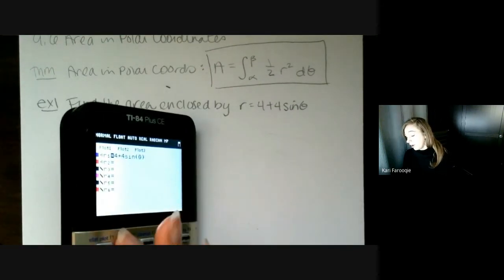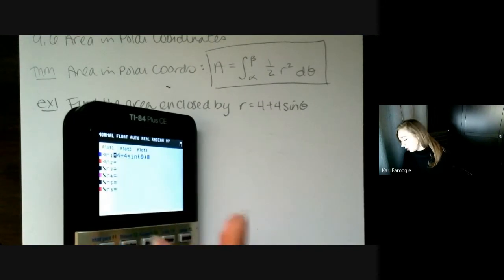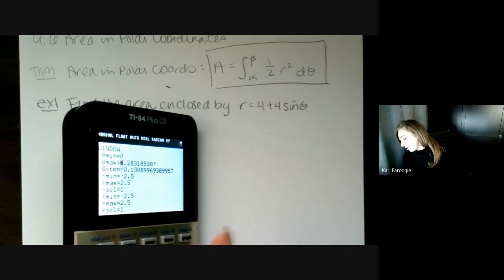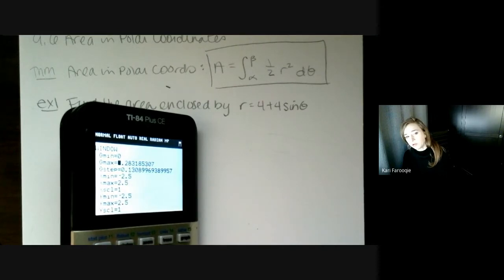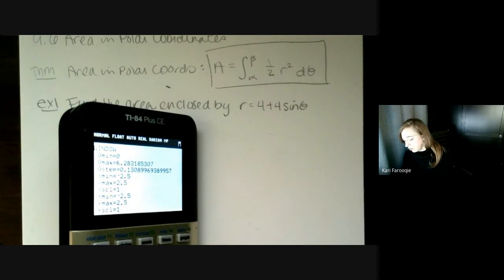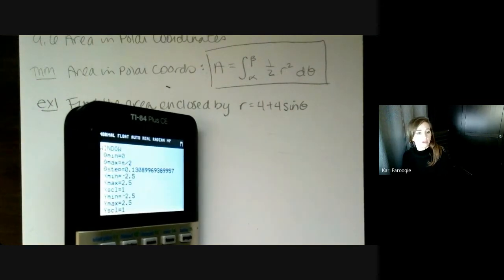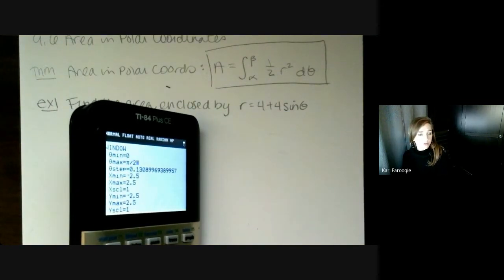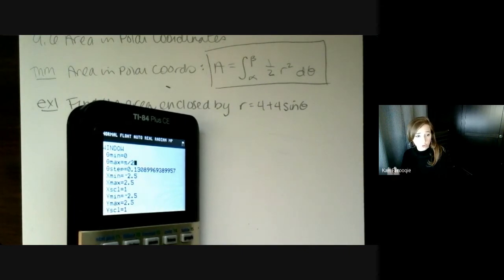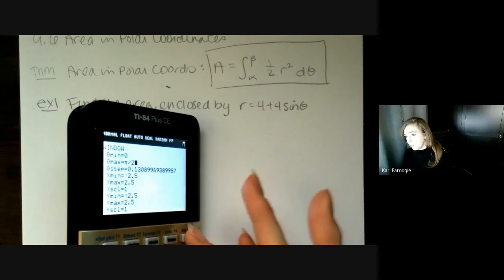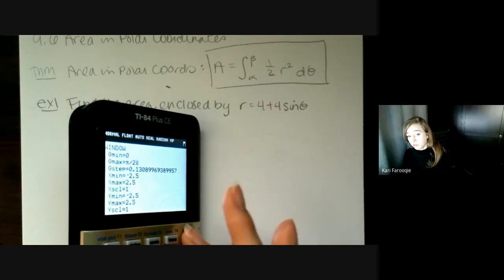If you want, we might even want to play around with this. I'm kind of glad I said that, because it's going to be really important for us to know where this graph starts and where it completes its first cycle. You can graph portions of this just by switching out that theta max. So if I were to only graph this from 0 to pi over 2, I do think this is really instructive. If you don't want to do this, that's fine. You might want to just look at mine.